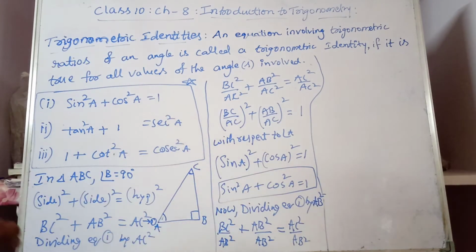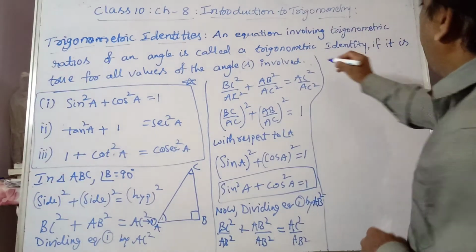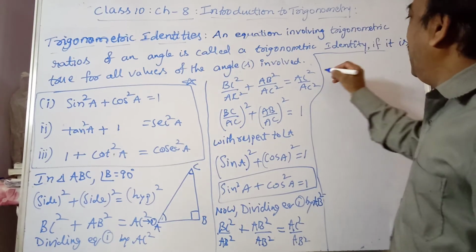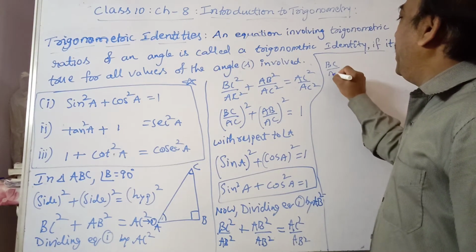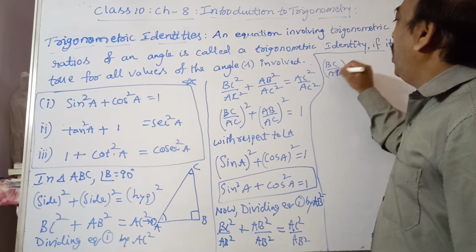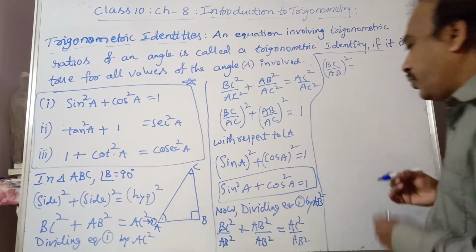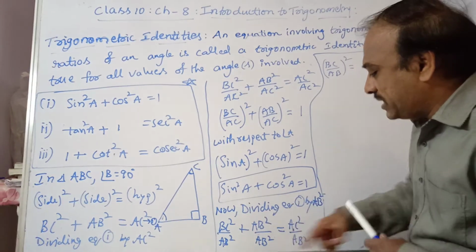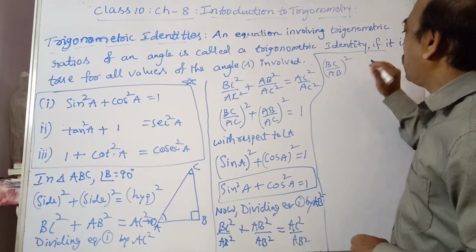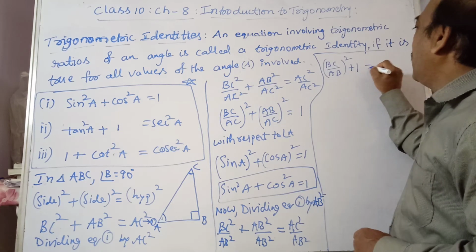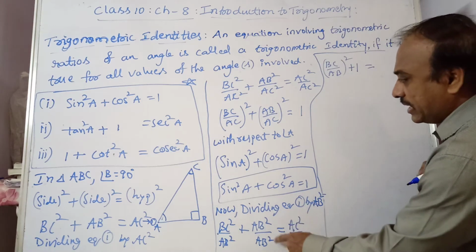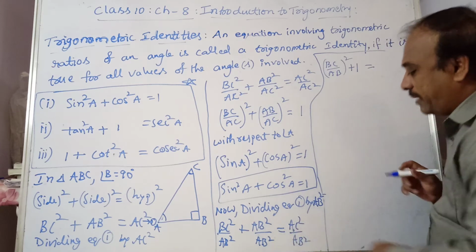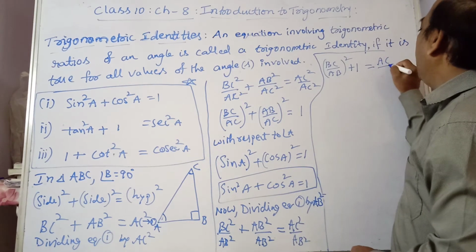Now you see BC by AB. Observe it here. BC by AB whole square plus AB square by AB square, which is 1, is equals to. The value of this AB by AB is 1. And AC by